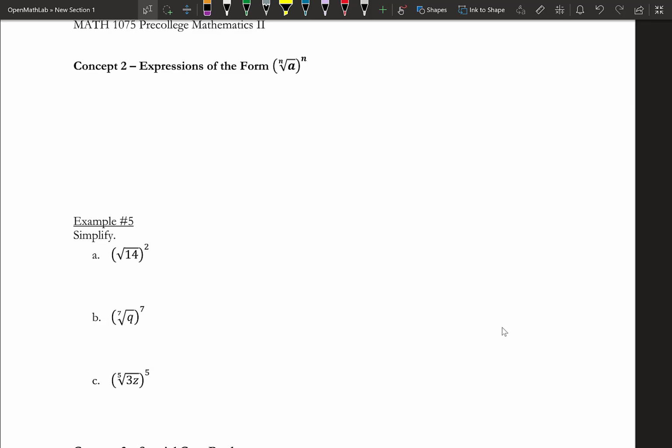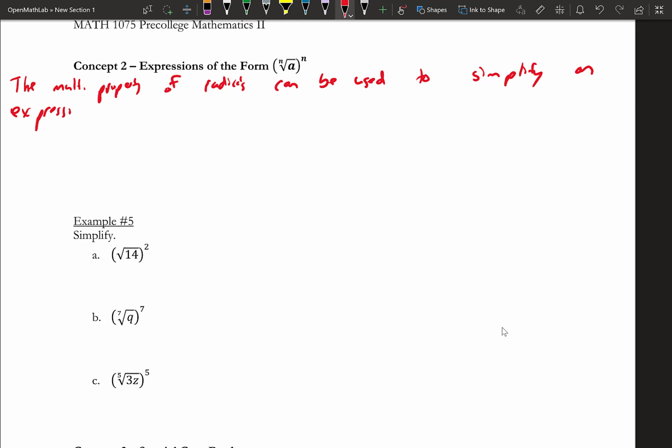Right, so the next page, we're looking at concept 2. So I just have some notes here. We're looking at expressions of the form the nth root of a raised to the nth power, right? So we can say the multiplication property of radicals can be used to simplify an expression of the form